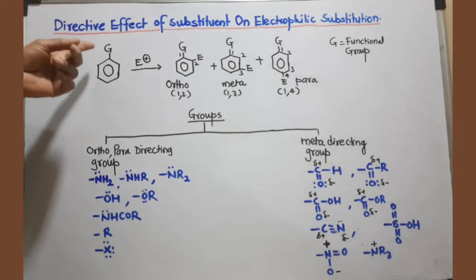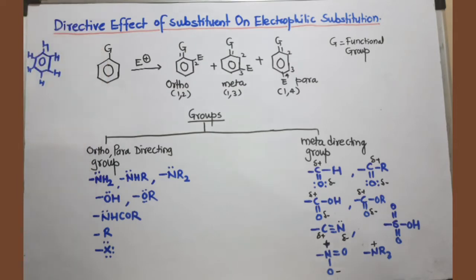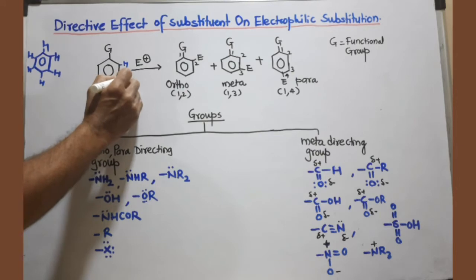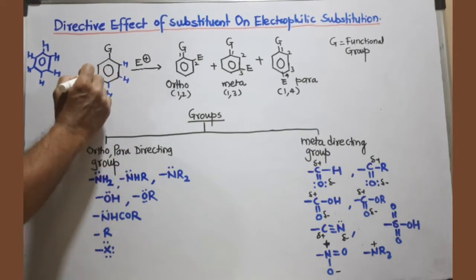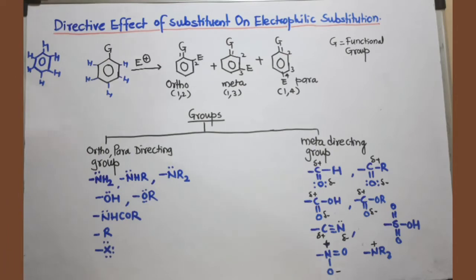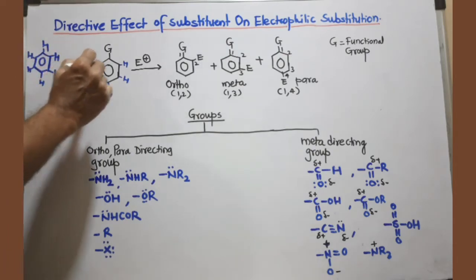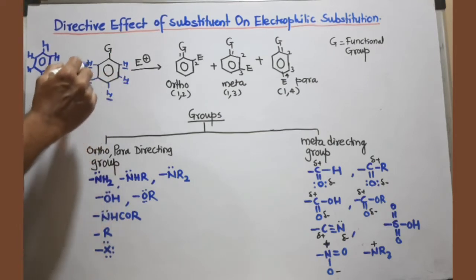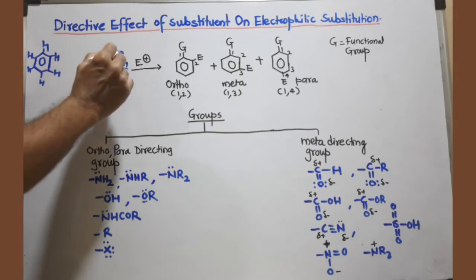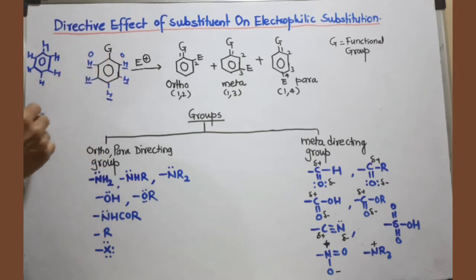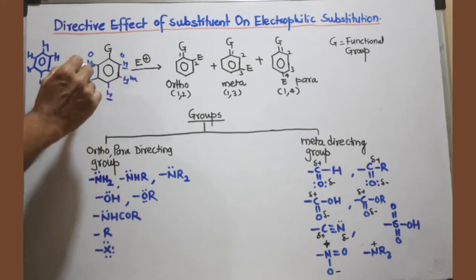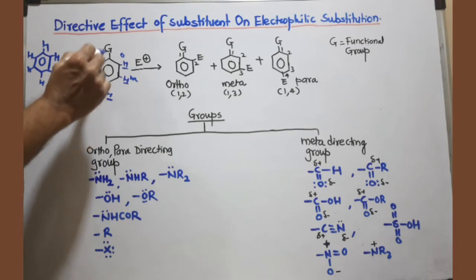But when a group is already present on the benzene ring, in substituted benzene, there are now 5 hydrogens present on the benzene ring. These 5 hydrogens are not equivalent. These 2 hydrogens are equivalent, these 2 hydrogens are equivalent, and this one is different. So these 2 hydrogens are present at the ortho position. These 2 equivalent hydrogens are called the meta position, and this hydrogen, the only hydrogen present